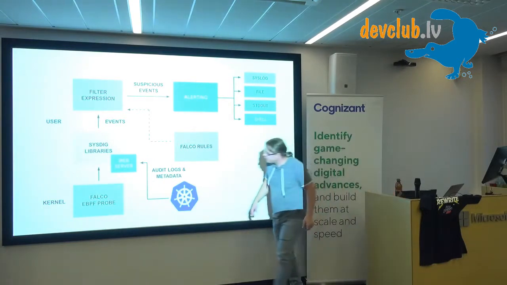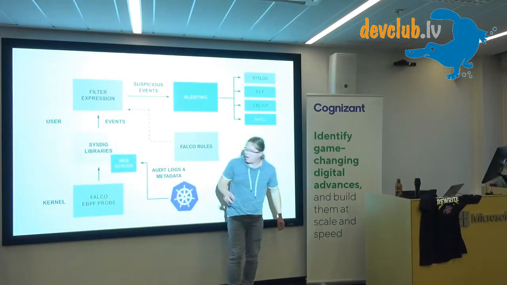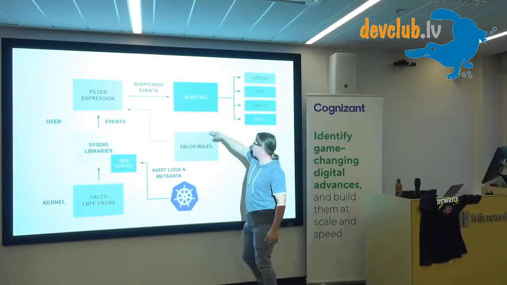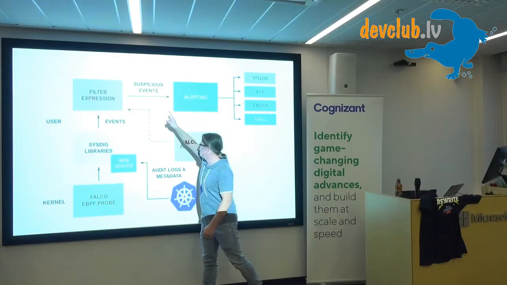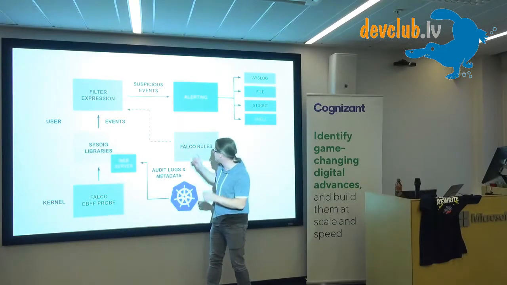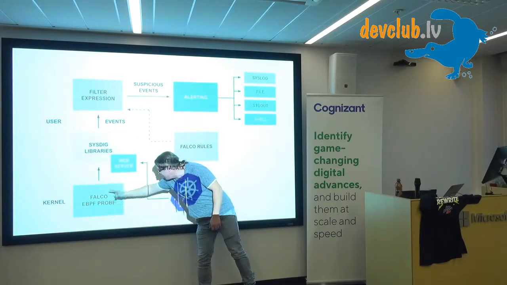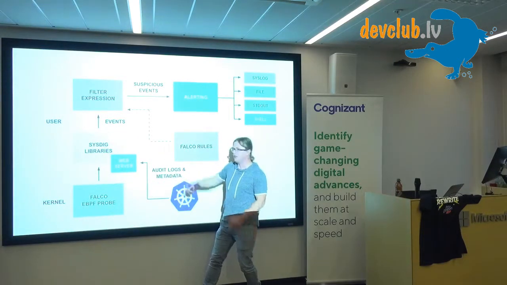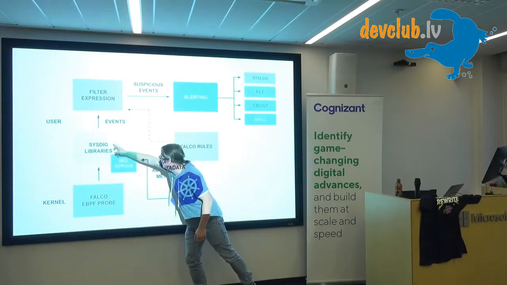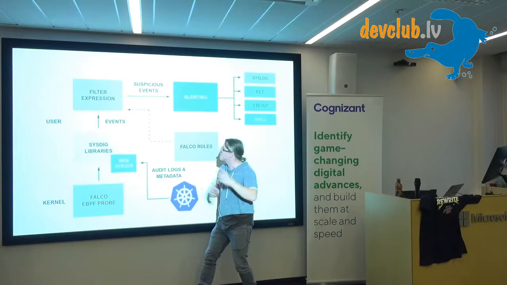So here we can see the kernel part, that kernel module actually that captures all these system calls. So you define Falco rules, then in short these sysdig libraries compile micro programs based upon your rules, and then these micro programs are executed right in the kernel, and when something matches, it passes the matching event to sysdig libraries, which are then enriching the context by talking to Docker and stuff like this,